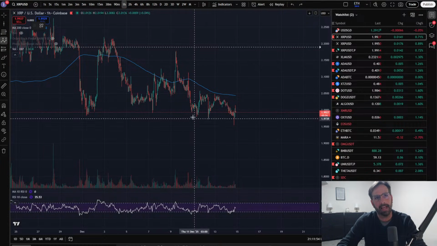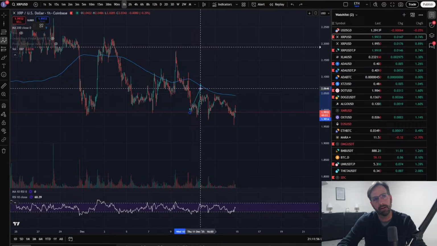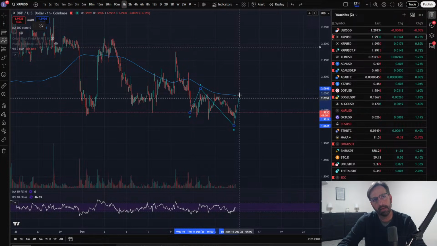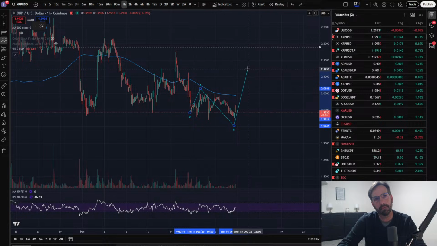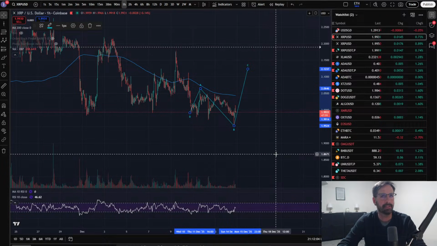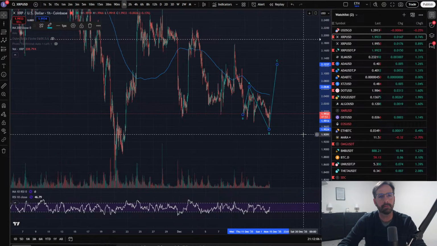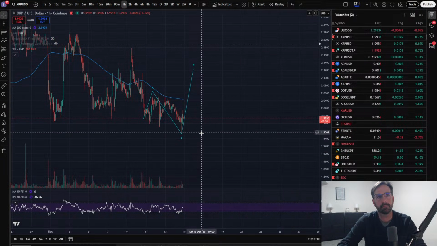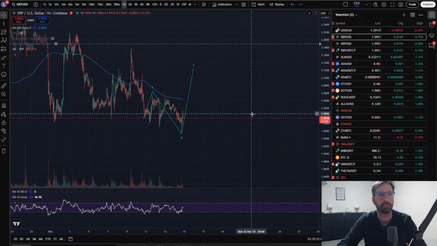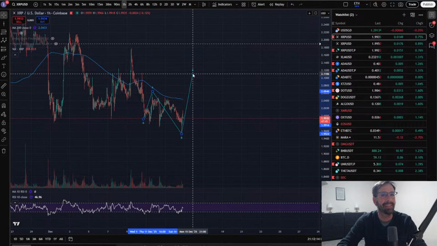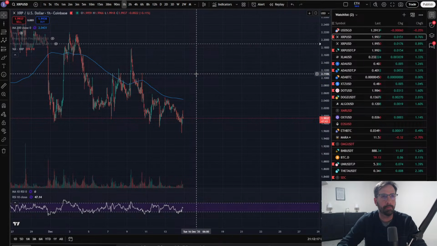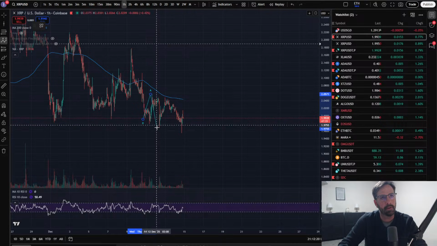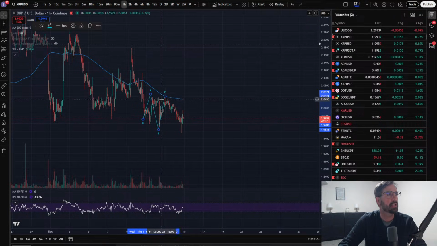So let me show you the flat here. I got 3 right there, and then I'm going to call that a WXY, 3, and then looking for 5. That's the way I read it. That looks good for XRP. Whether we get that is another story. Whether that's the proper interpretation, because this could be the proper interpretation right here. You got W, this is A, B, and C.